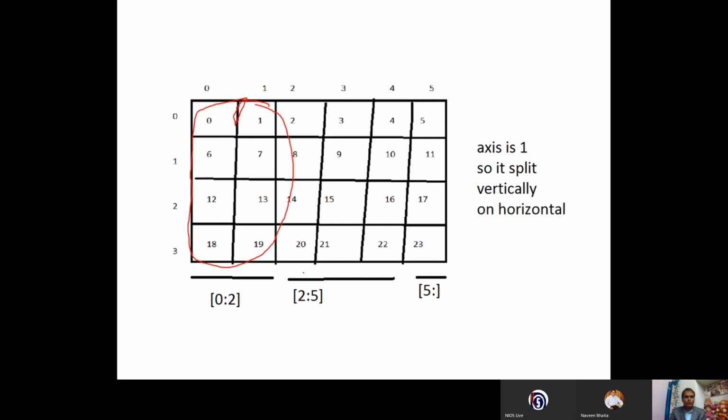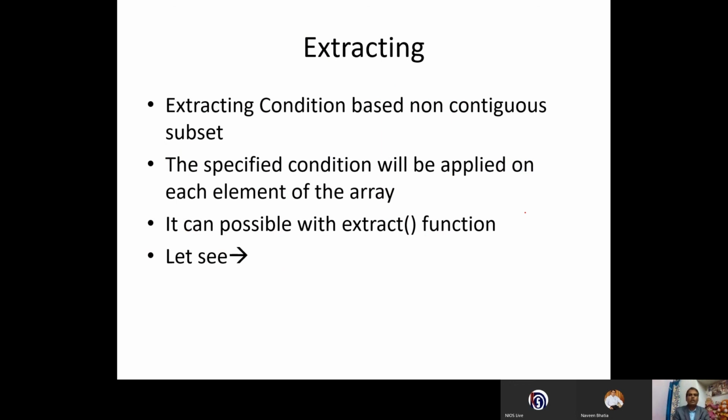Then 0 to 1 because the upper limit will be ignored. Then 2 to 4. Okay, one group of the array will be there. One array, array number 1, array number 2, and this is the last split of the array, array number 3. Axis is 1, so it will split vertically. You will get a result when you do this.